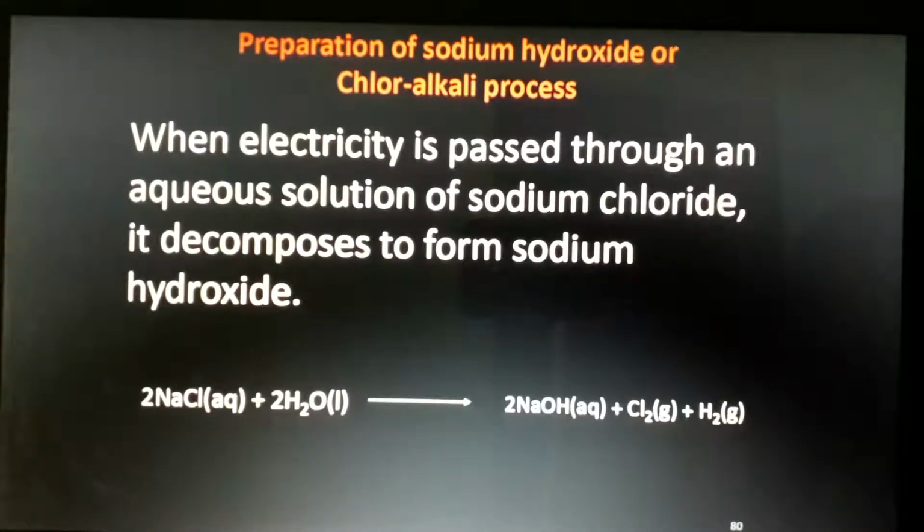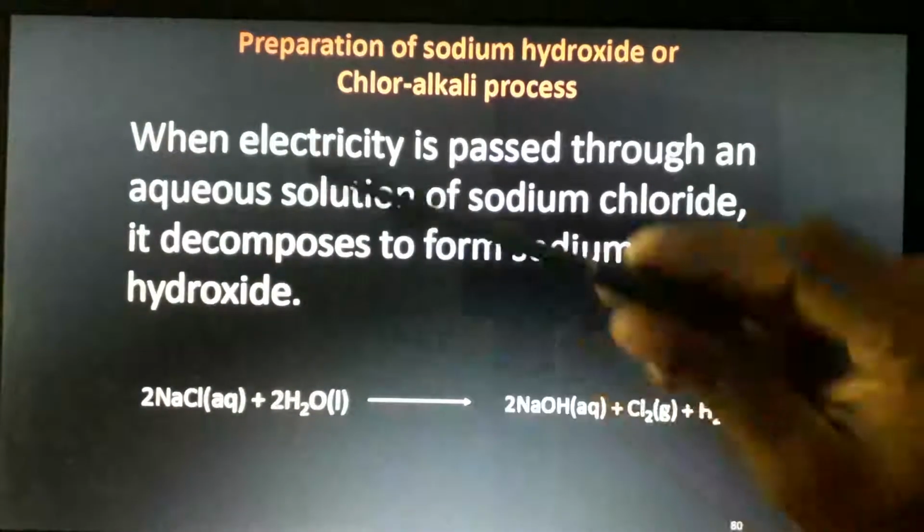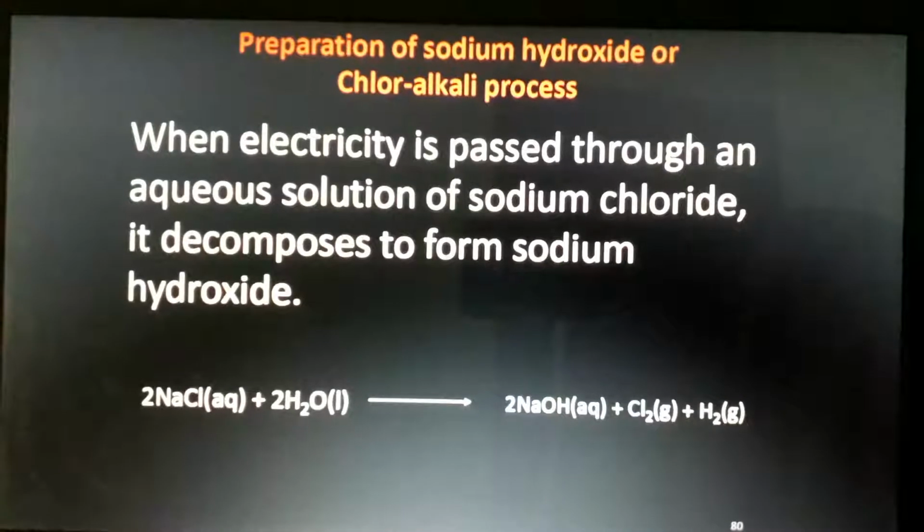So what we want to do: this cheap sodium chloride, we will mix it with water. Now we are getting an aqueous solution of sodium chloride, or brine solution, and just pass electricity through that sodium chloride solution. What will happen? Chlorine, being negative, will go to the anode, hydrogen, being positive, will go to the cathode, and sodium hydroxide is formed inside that solution. A simple chemical process, isn't it? Make sodium chloride solution, just pass electricity. What will happen? Water is cheap, isn't it? Sodium chloride is cheap. Am I right or not?